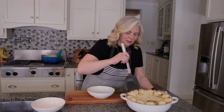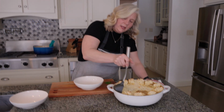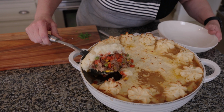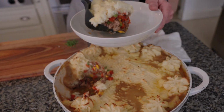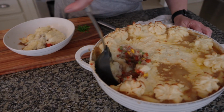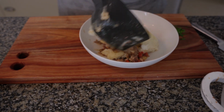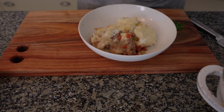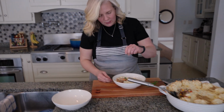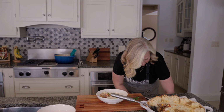But we don't have time for that. We have to eat, because that's just what we do here. So, get this nice big scooper. You want to get lots of potato, lots of gravy. Look at all those really awesome veggies in there, and out on the plate. When I go back inside, get a little bit of liquid there. Pour that on the side too. See how creamy and wonderful those potatoes are. We're going to garnish with some fresh parsley from our little windowsill garden here in the winter. And then it's going to be time